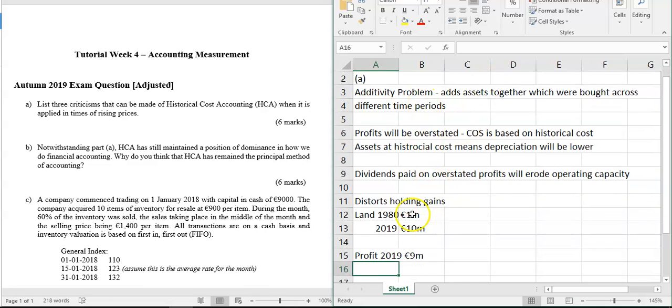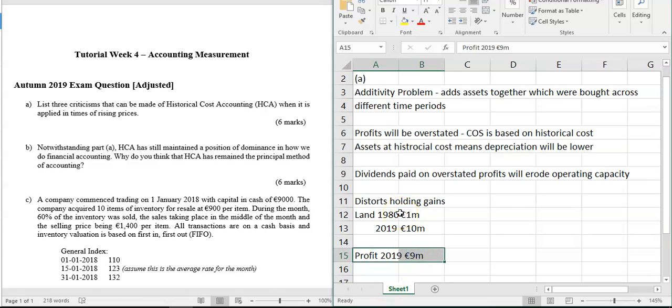So even though that land would have gained value each year, so what it was worth in 1990 was more than what it was worth in 1980 and so on, in the accounts under historical cost accounting, all of that profit is shown in the 1 year, which distorts the year-on-year performance and gives a very good 2019